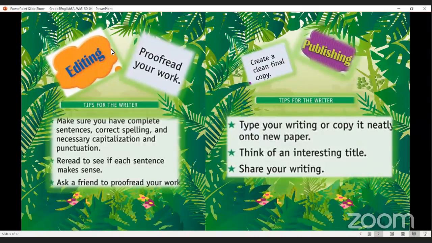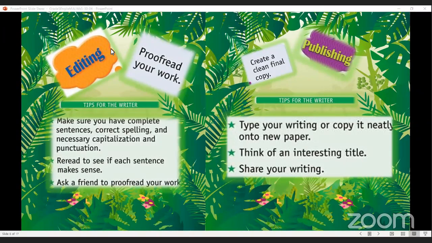All right. So now on this side, we have your editing. This is where you check your own work. This is where you do the sentence correcting, the spelling correcting, all those nitty-gritty little things. Are they in the right paragraphs? Do you have capital letters in the right place? Punctuation. For example, if your story has a question, you need to put a question mark in it. If your story has an exclamation like boom or no, you're going to have an exclamation mark. Okay, so it's quite important.